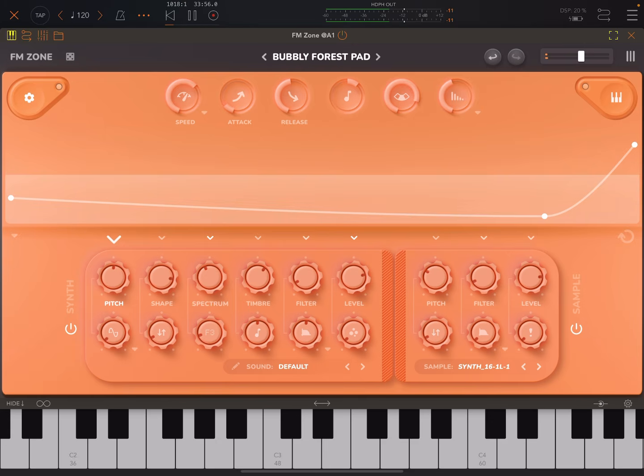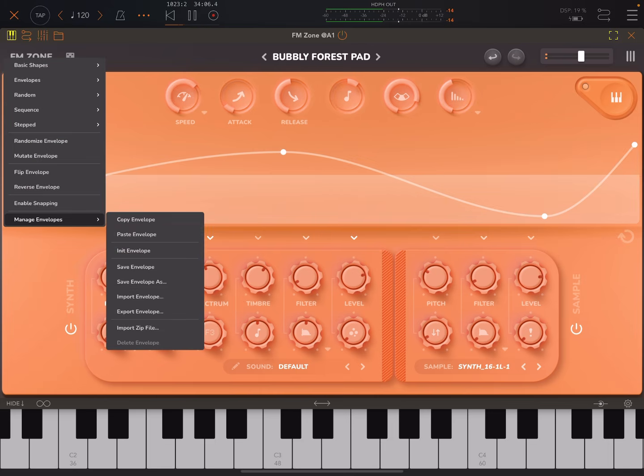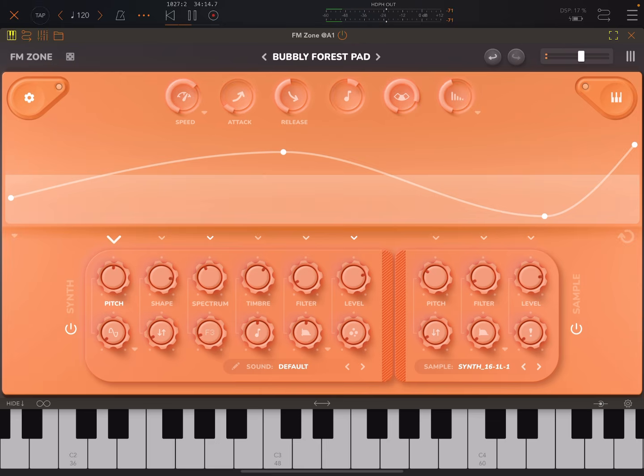And we can enable snapping. So here you can see now it's going to automatically snap to this grid. That's super useful as well. You also have some stuff here: manage envelopes, copy and paste, init, save, and import and export, and so on. Useful. Now, do bear in mind that it's only these main knobs, these 9